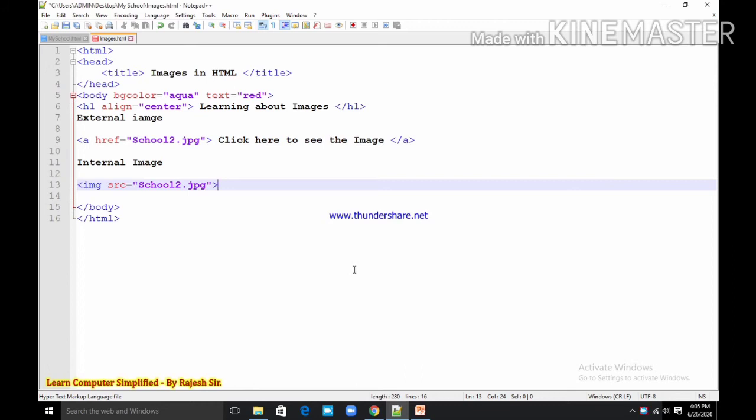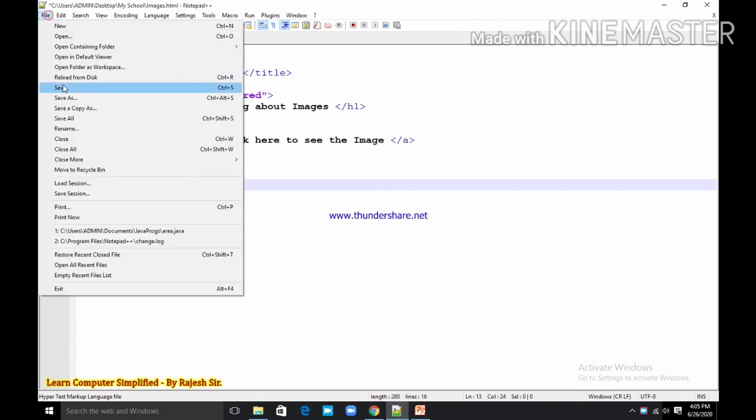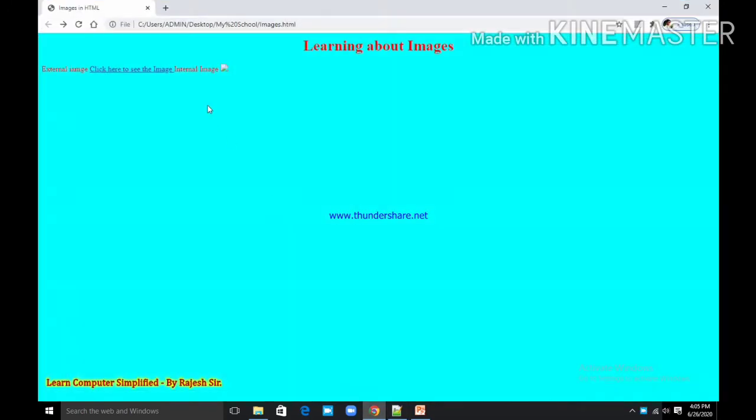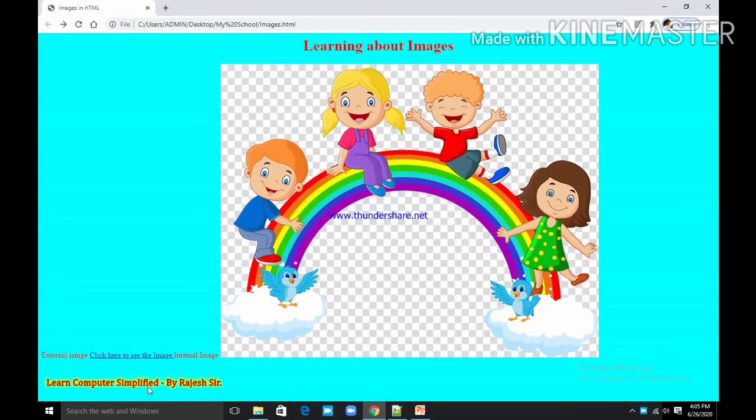That's it. We are not adding additional attributes over here, we will see later on, but currently just by adding image, save and refresh, you can see the image is automatically added over here.